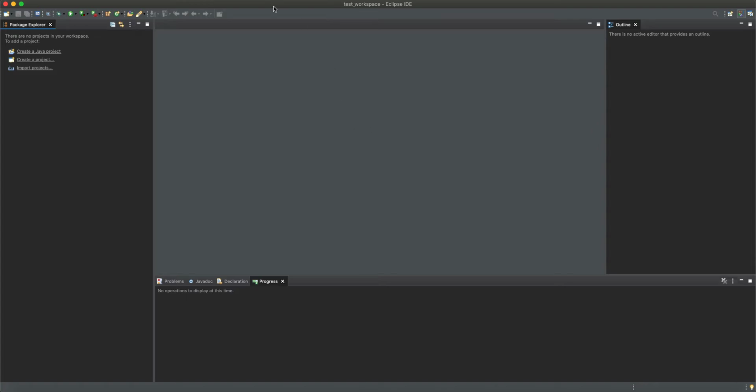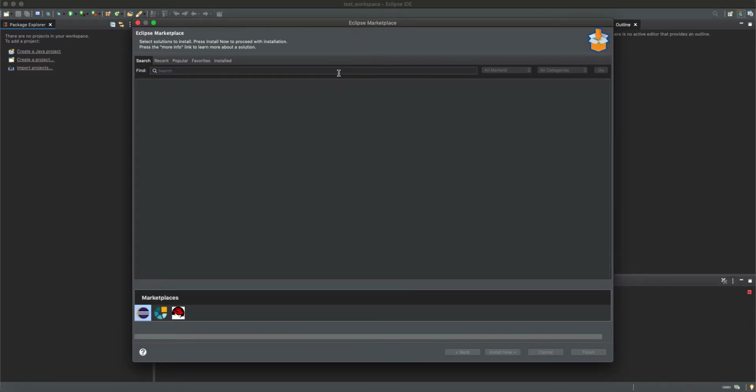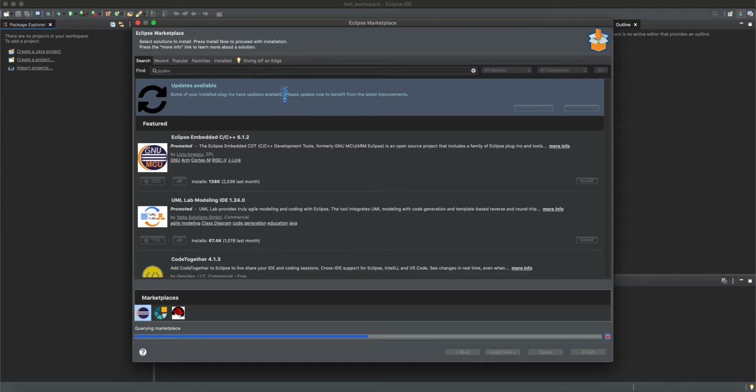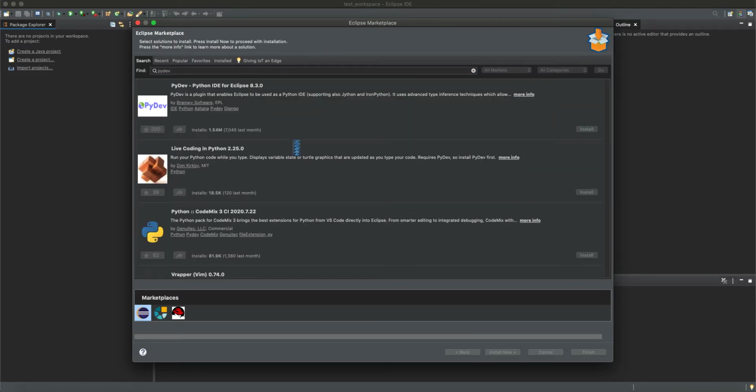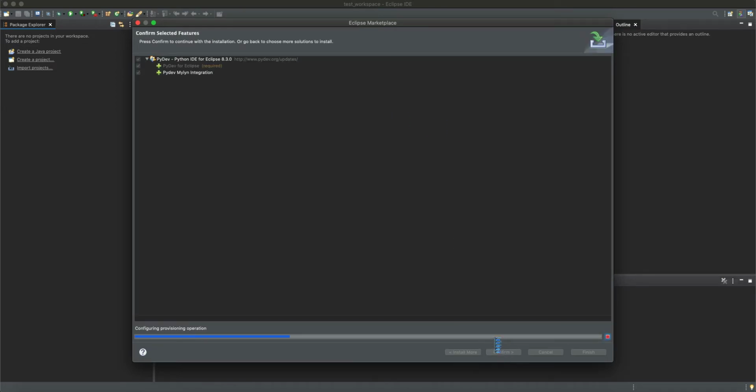And obviously we also want to do a comparison with Python operator overloading. So I'm going to install a plugin that allows me to do Python development. I have already installed Python. So it's going to be PyDev. PyDev is a plugin for Eclipse that creates a Python perspective for you. So I'm going to also install PyDev,